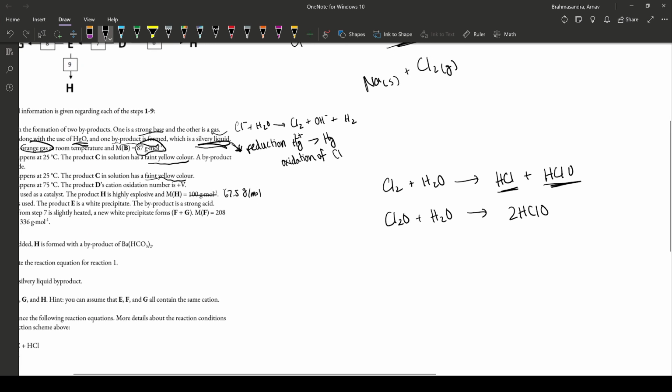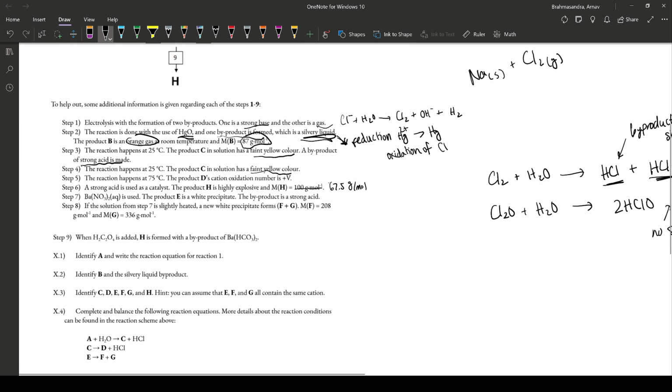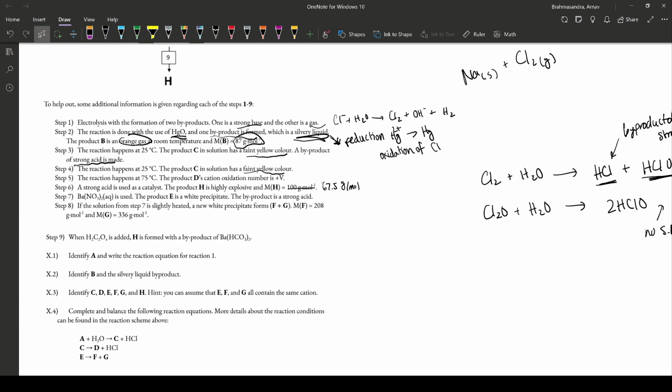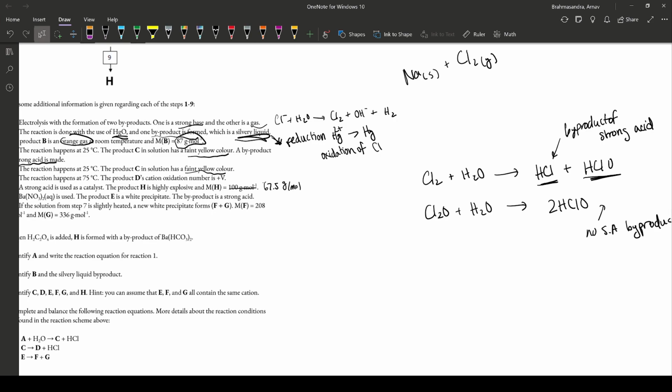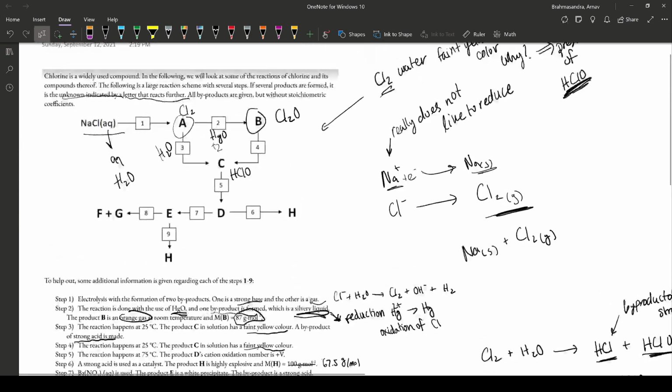So there's no byproduct of strong acid. Here we have a byproduct of strong acid, and here we have no strong acid byproduct. I think this step was a little bit tricky to me because I did not know the faint yellow color, and so I sort of guessed that it would be HClO, and looked at the equations that would work, because if we look at this entire scheme as a whole,